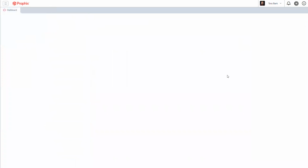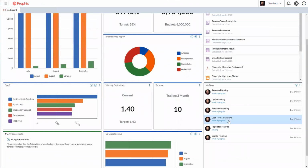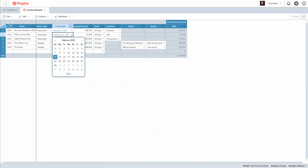So whatever type of planning it is, revenue, OpEx, personnel, we can look at cash flow planning as well for a second or a minute here. This is leveraging DPM, Detailed Planning Manager, to plan for our various receivables and payables. And what is the invoice date on it? Do we need to push that out? How is that going to affect our